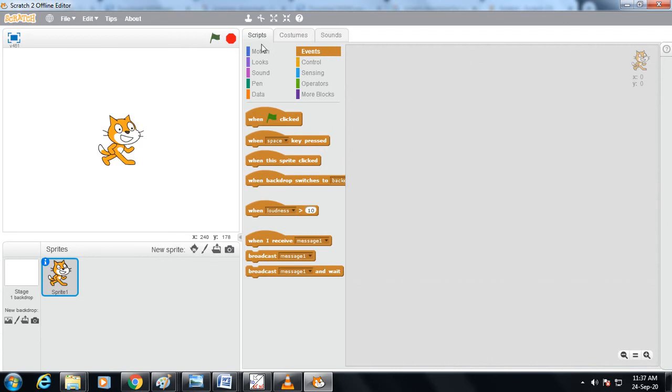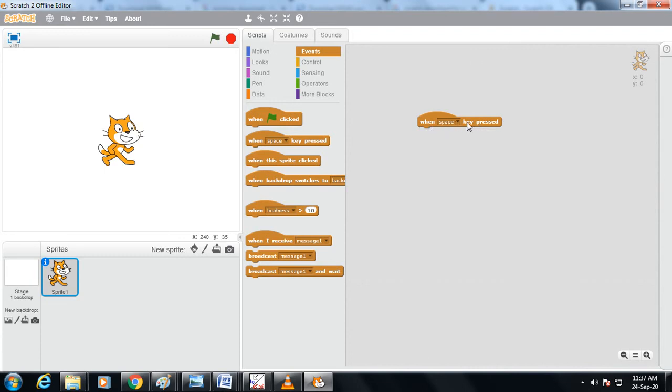So see, I want to move this character in the left direction and right direction, fine. So choose this second option. Just click over here, drag this command and put it over here.